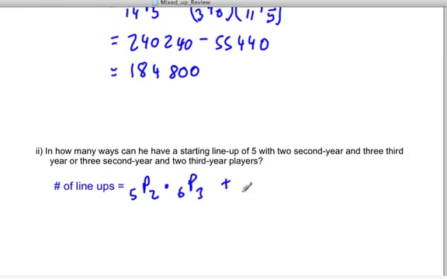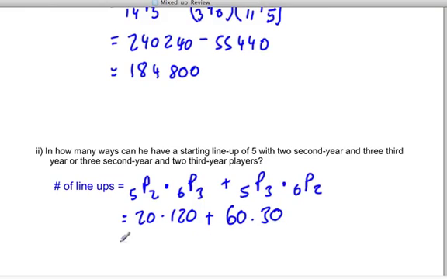And we're going to add then the permutation of 5 choose 3, which would be the number of ways that we could pick 3 of the 5 second years to start the game, times the permutation of 6 choose 2, the number of ways that we could pick 2 third years out of the 6 to start the game. Now, the permutation of 5 choose 2 is 20 times 120 plus 60 times 30, and this is equal